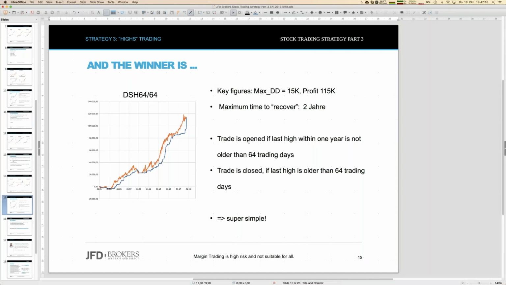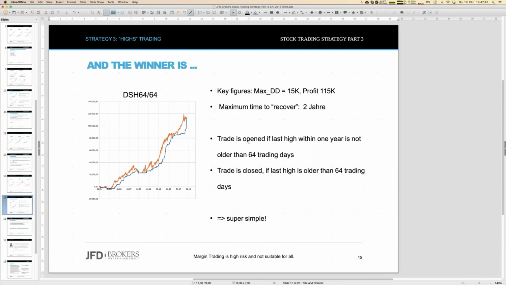The summary here is that it's 64 days since the last high. So even if you think about whether you can trade that portfolio manually, the answer is yes, of course. Because, okay, if you want to start today, then you have to click through 100 charts. I know, that's a tough job.